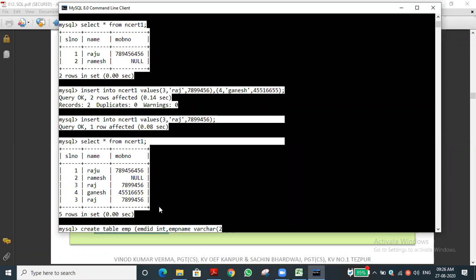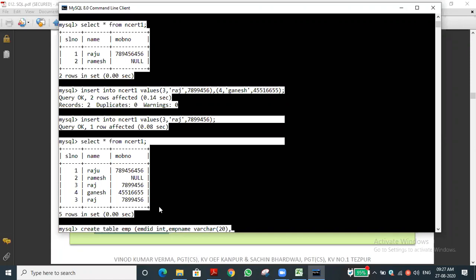Sir, the size limitation is optional? No, we should mention the size for varchar. For int you have not mentioned. For integer we need not mention; it will take 11 characters by default. But varchar, why I'm saying is, integer also we can specify. If you are very particular about the data, we can specify it, not an issue.